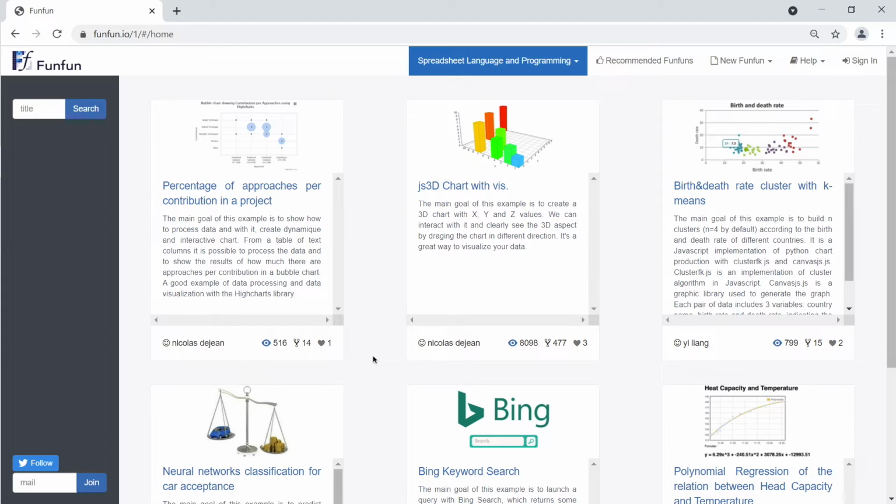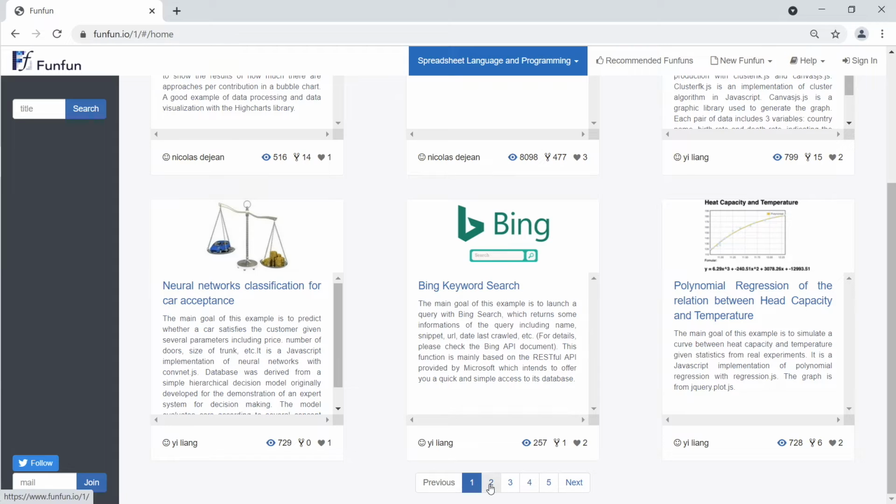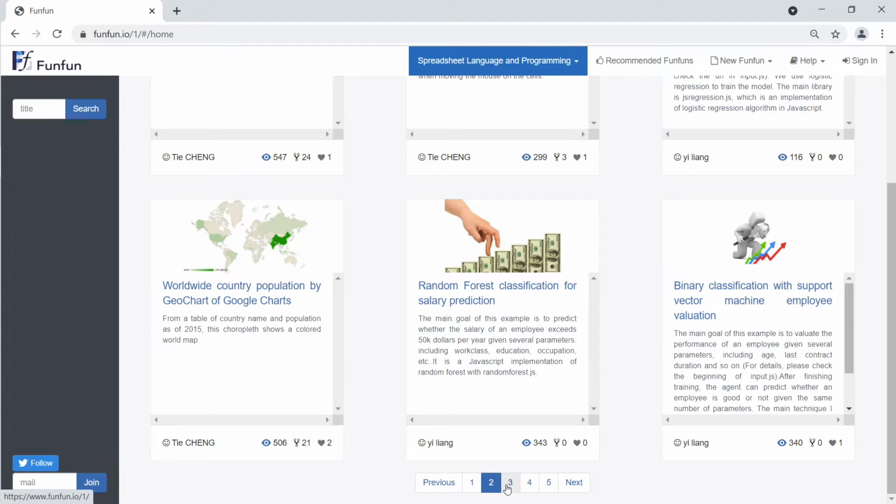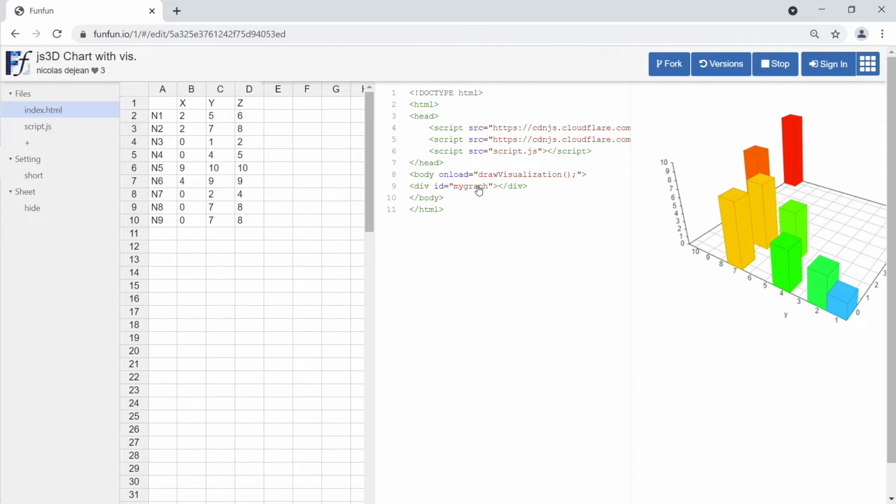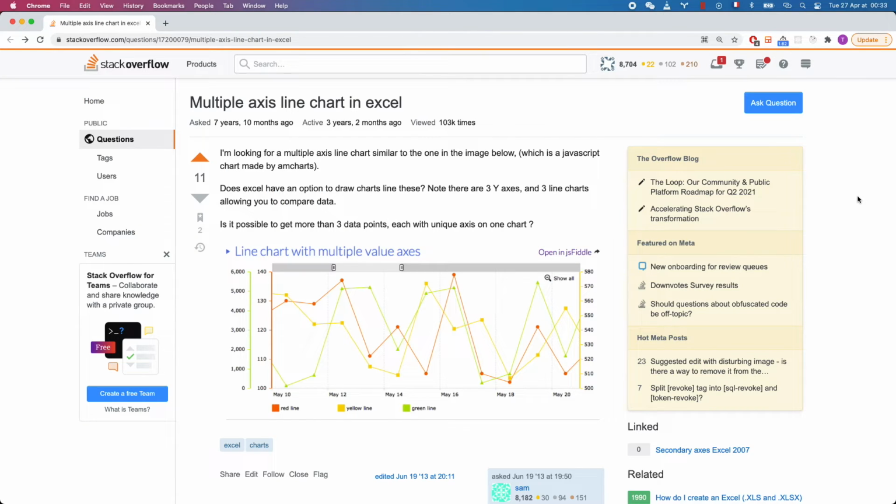Not only you could develop a FanFan code inside your Excel, but also there is a website outside Excel where you could program. The website is fanfan.io, and it points to the same codebase as the FanFan add-in. You have access to the samples as well as your own workspace. And there is an online editor with a data grid where you could code and save. So a common use case of FanFan is that people make a solution in the browser outside Excel, then load it inside Excel by the FanFan add-in.